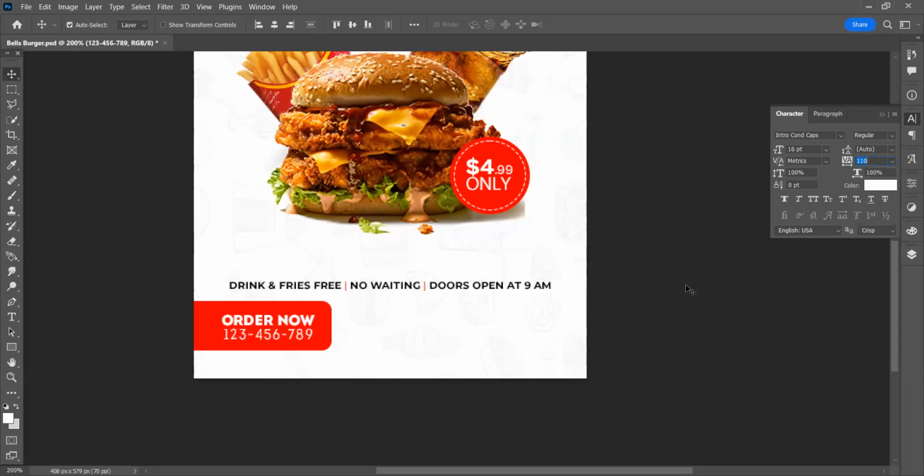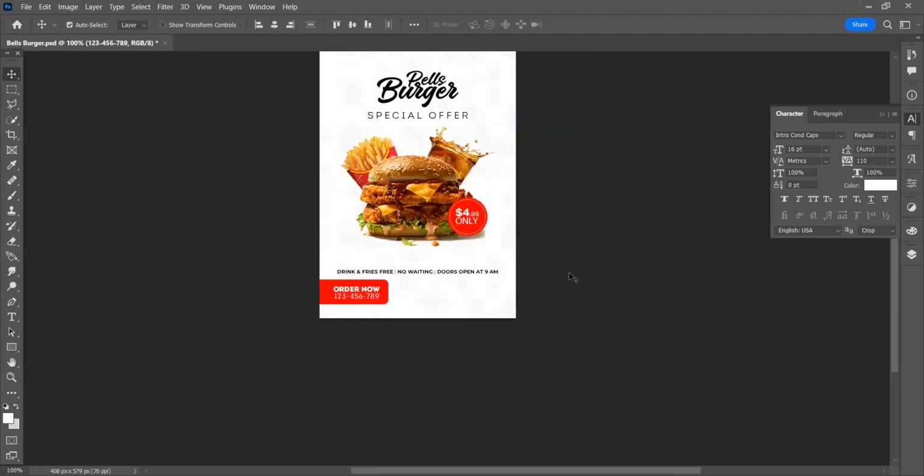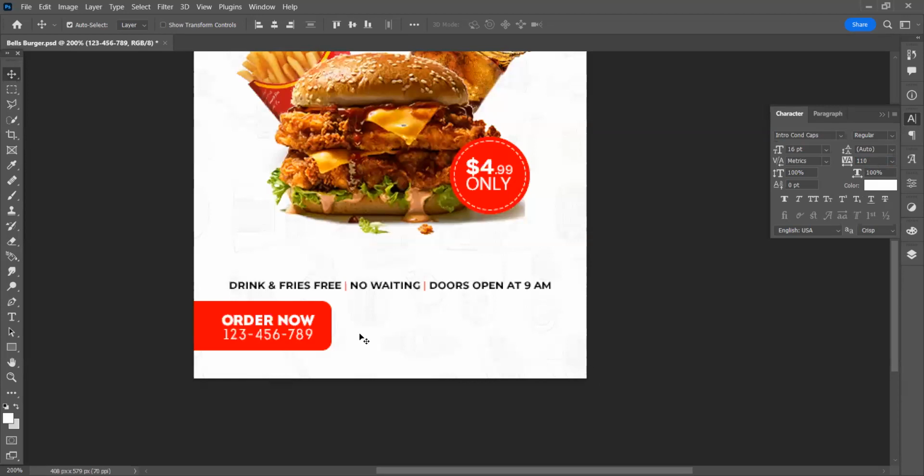Which makes more sense. Instead of making it bigger, we can just adjust the gap between each character. That's what we just did, and I think we are fine.